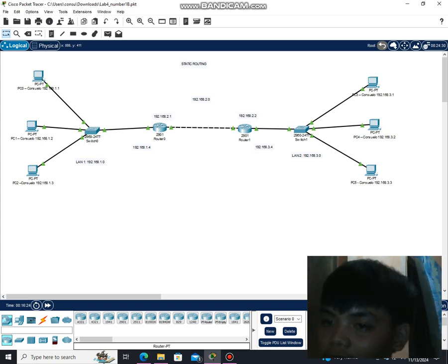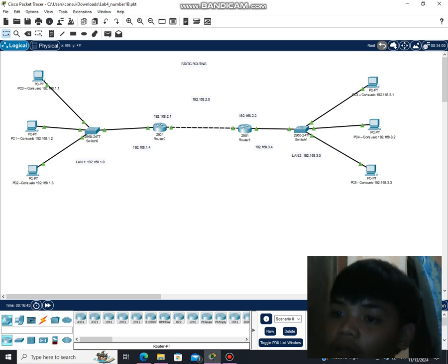Router configuration. Router 0 on the left connects to LAN 1 with an IP address of 192.168.1.4, and its connection to router 1 is set to 192.168.2.1.